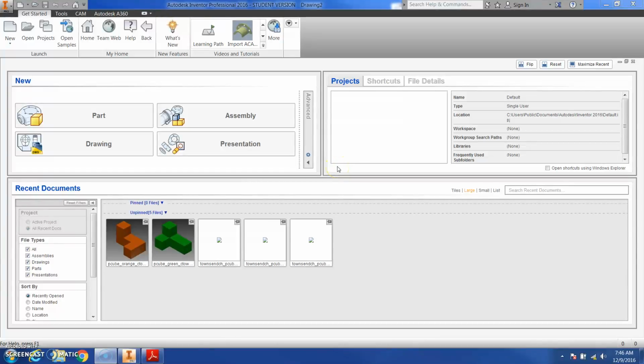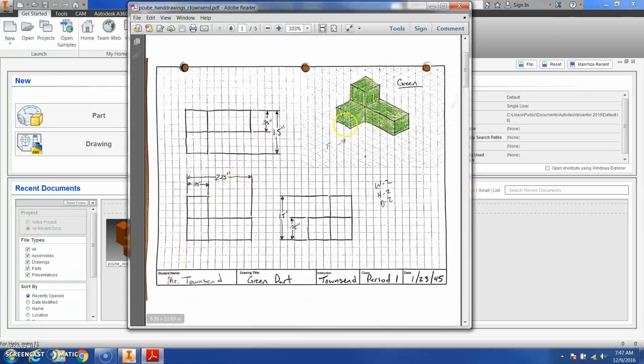Now that we've created our individual puzzle cube parts, we went through creating two different ones in the previous videos, and then you need to use that information to finish up the rest of your puzzle cube parts. We need to go in and create our actual drawing files for each of those parts. Now you've actually done this already in your hand drawings, and if you look on the screen here, we have